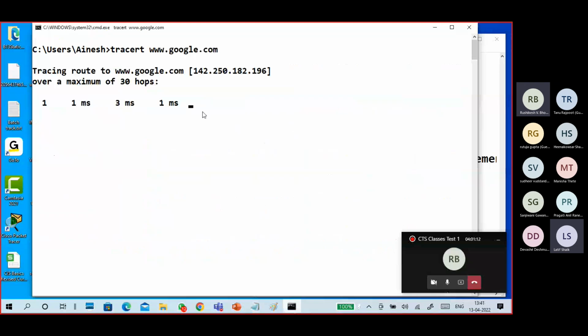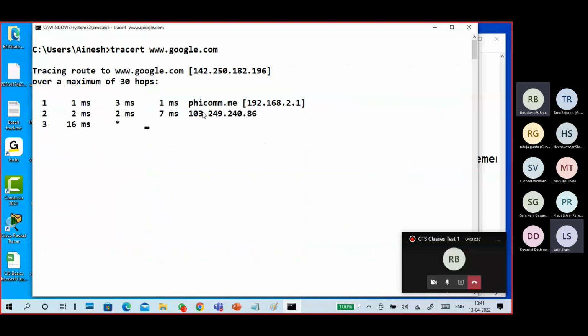Google.com IP address is 142.250.180.169. The first packet went to my router. The first one is 192.168.2.1, my gateway IP address, my router IP address.